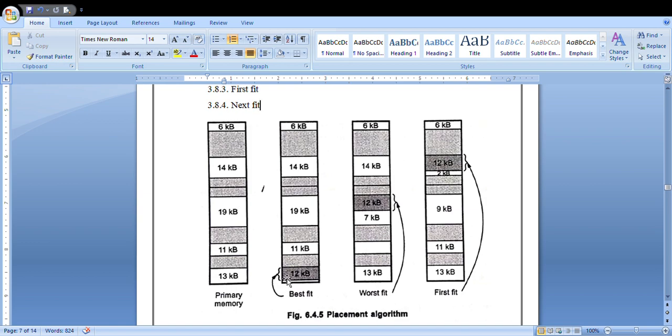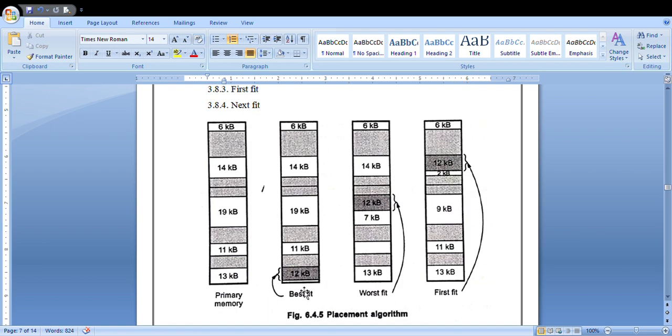So if you want to store a process of 12 KB, in best fit it will always search for the memory space nearest to this. 12 KB is nearest to this 13 KB. So this 12 KB will be stored in this free slot, and 1 KB will be sliced out. This is how your best fit will work.